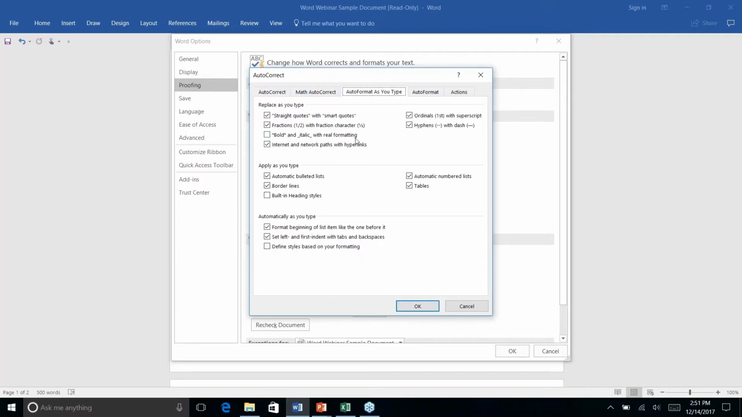AutoFormat As You Type also has a couple of options in here that you will find useful. By default, it is going to change your ordinals. So if you have things like first, second, third, it will take the ordinal there and put it as a superscript, which means it'll be in smaller letters towards the top of the number. It's just a little bit more visually pleasing. If for whatever reason you hate that it does that, you can come in here and turn it off. Same thing with changing the quotes,